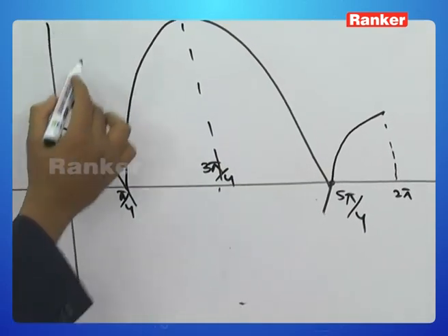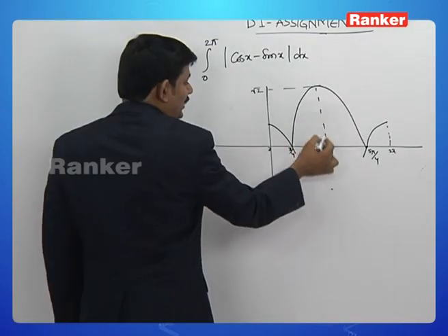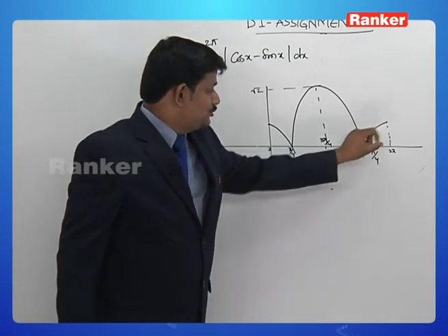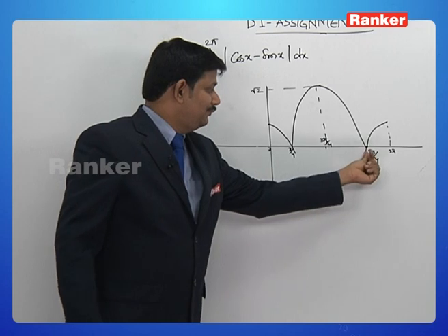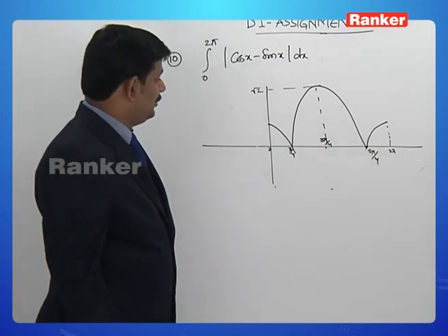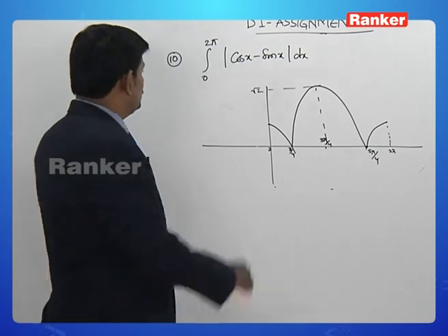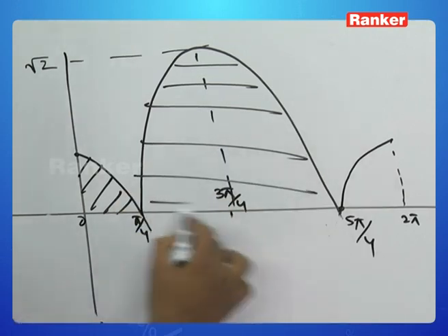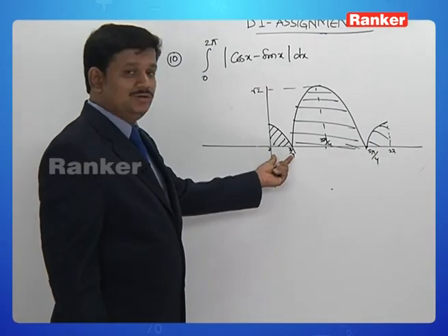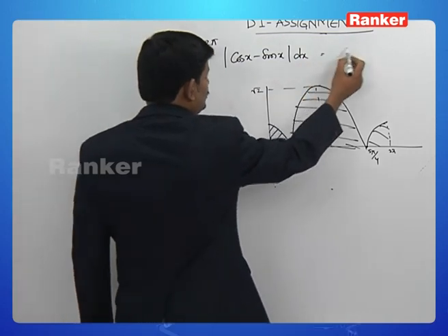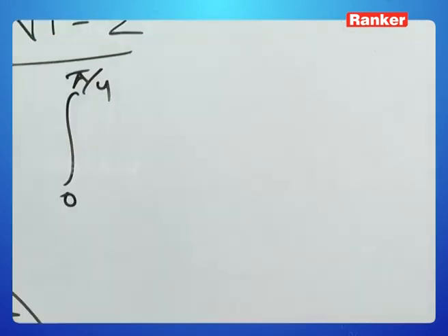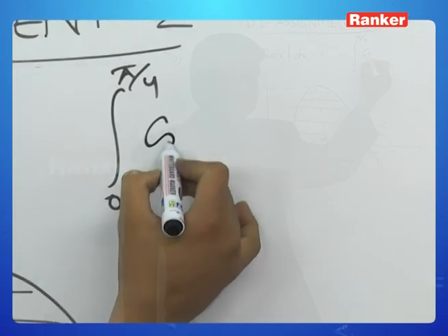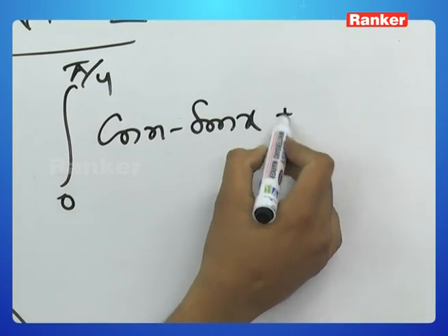The maximum value would be root 2 at 3 pi by 4, 1 at 0 and 2 pi, and becomes 0 at pi by 4 and 5 pi by 4. Now, integral 0 to 2 pi mod cos x minus sin x dx is this particular area. So, we need to evaluate integral from 0 to pi by 4. From 0 to pi by 4, cos x is more than sin x. So, mod cos x minus sin x is cos x minus sin x, plus